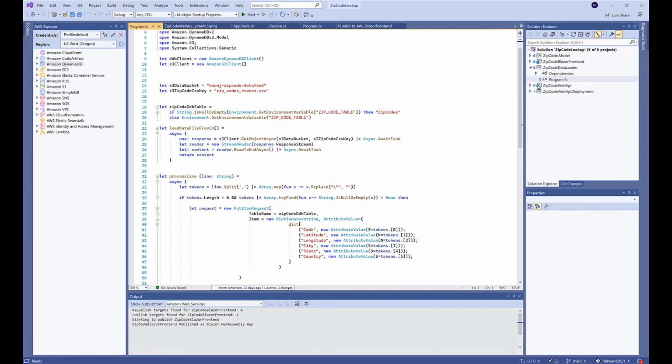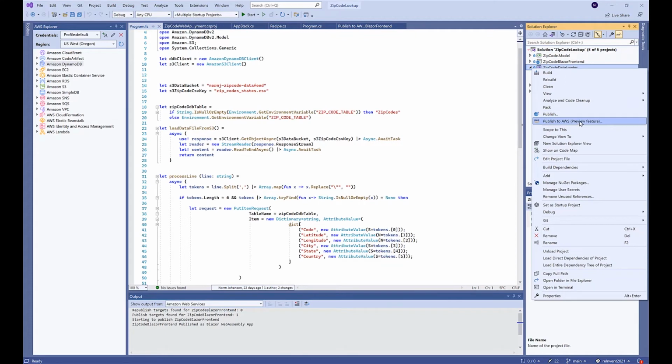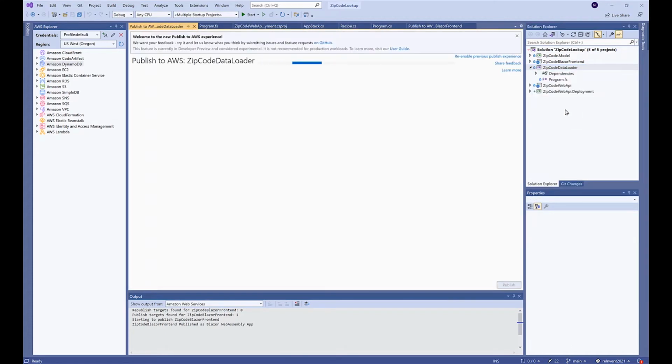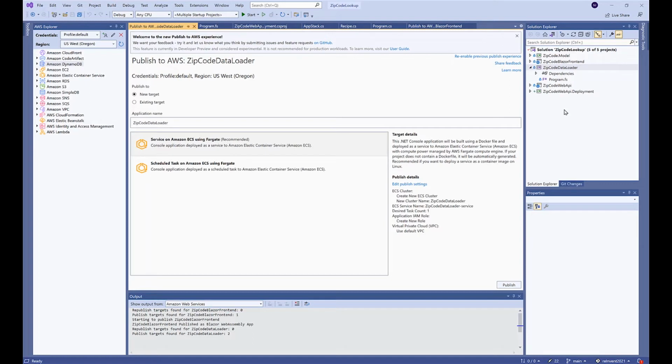So for this one, I could go in and right-click and say Publish. And this is going to see, oh, this is not a web application like we've seen before. So I've got a couple of different options, which is run this as a service. This is where you want to do something that runs indefinitely, like something processing messages from a queue. Or something that you want to just run on a schedule, which is actually what we want to do. Imagine we run this every night at midnight to sync our table up. So I would want to do that one.